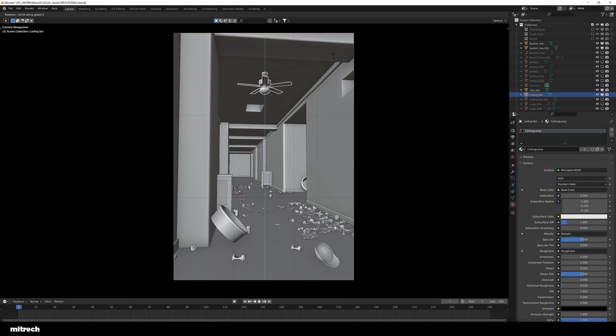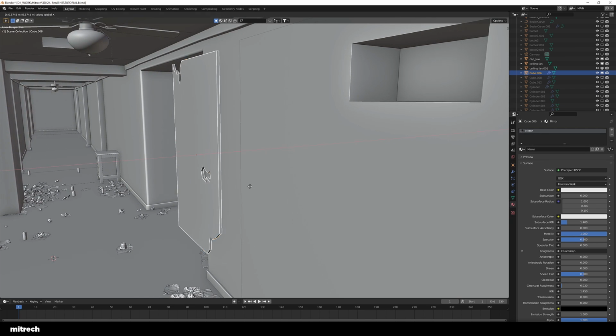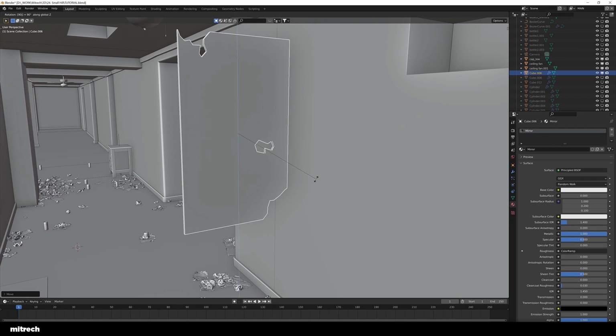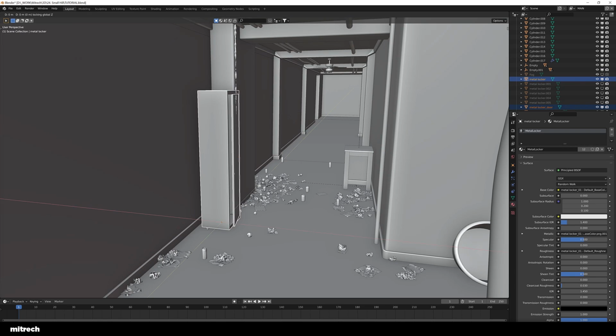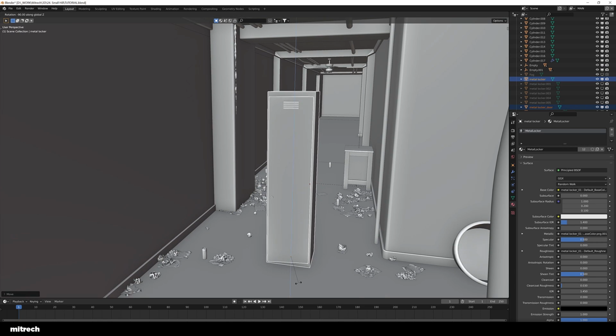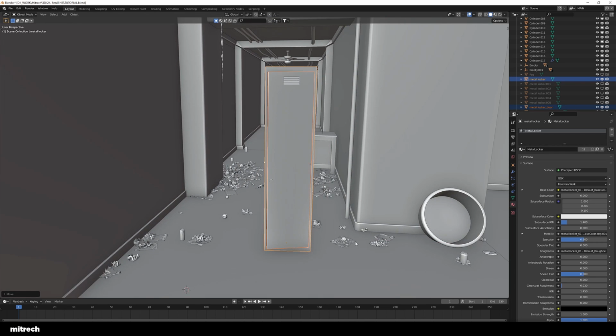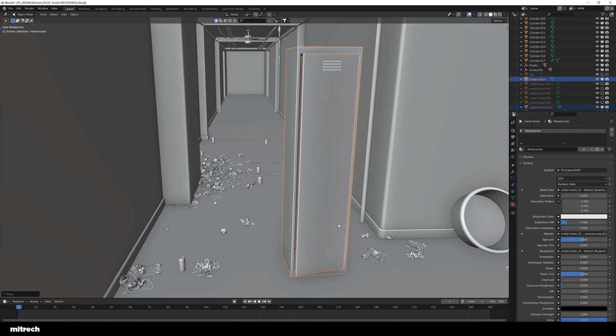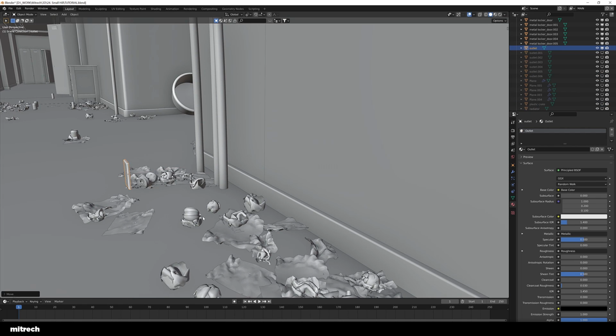The garbage on the ground is just a hair particle, right? And I'm using weights to distribute the particles on the floor. As you can see, we have a locker as well. I've just opened up the door a little bit to make it seem a little more interesting.